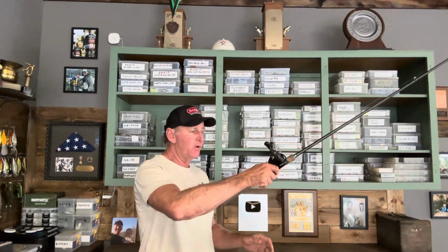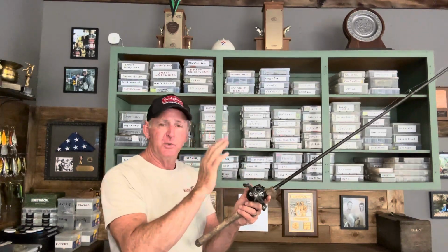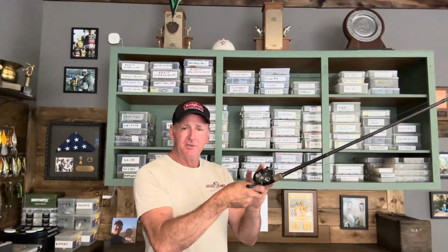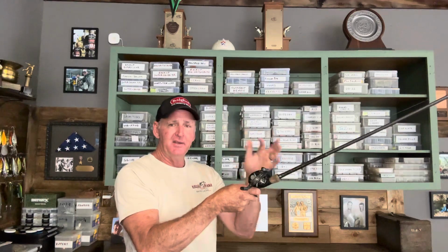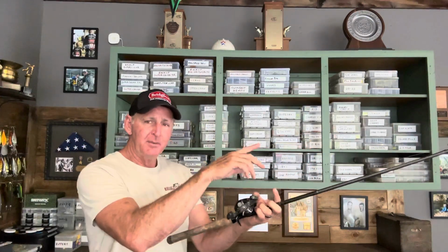I'll pitch it out there over the object. And when I'm over something vertical, guys, I switch hands. I click my reel over, and my bait cast reel goes in my right hand. My left hand goes in front of the reel, and I put my line between my fingers like that, where I can feel it. And say, for example, I've made my presentation and I'm over the object now. Once it gets down there,